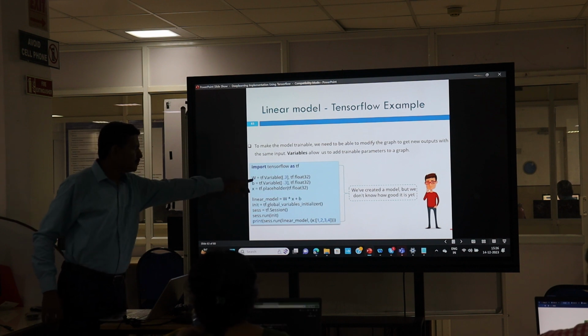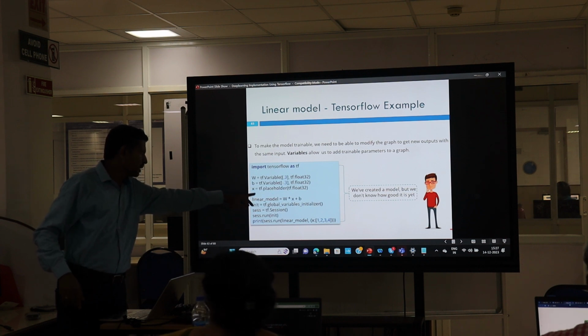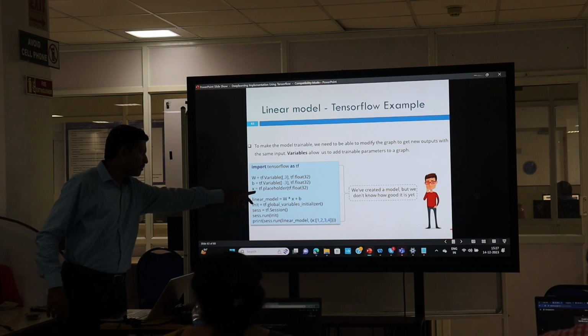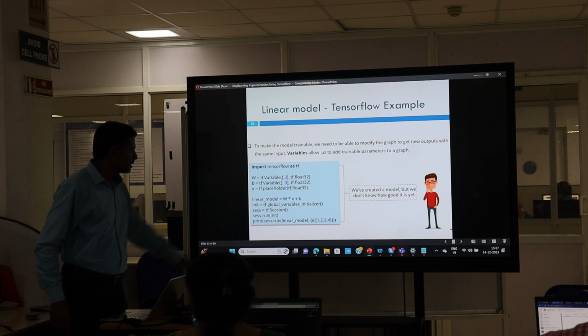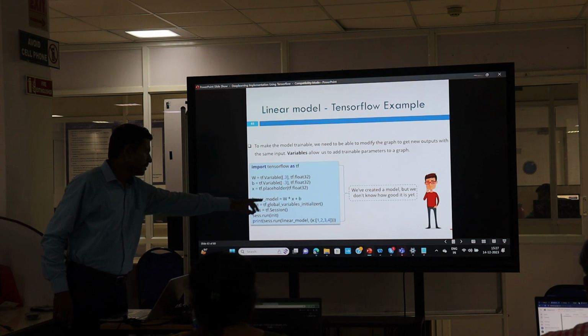Weights are assigned through tf.Variable. We add B to W into X. X is the number of inputs, a placeholder. The linear model equals W times X plus B, where the summation happens.